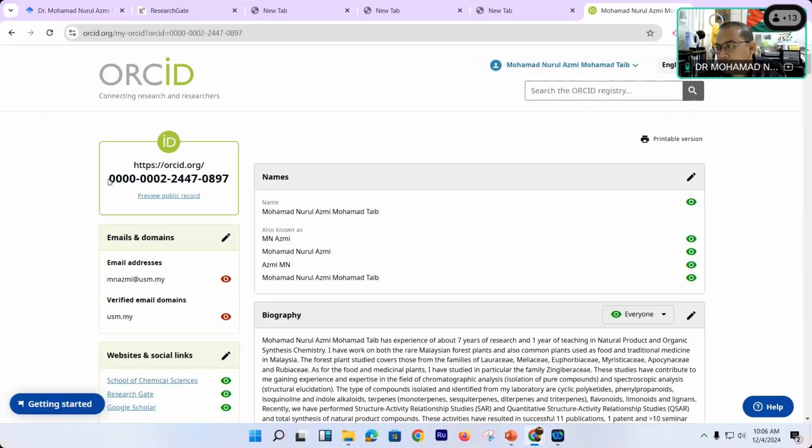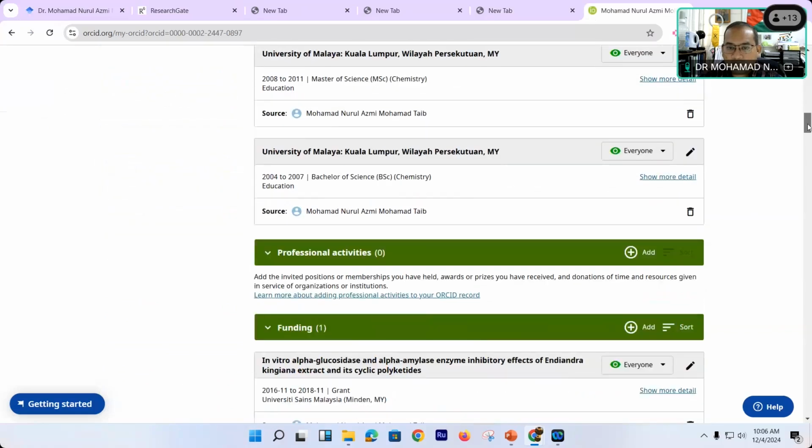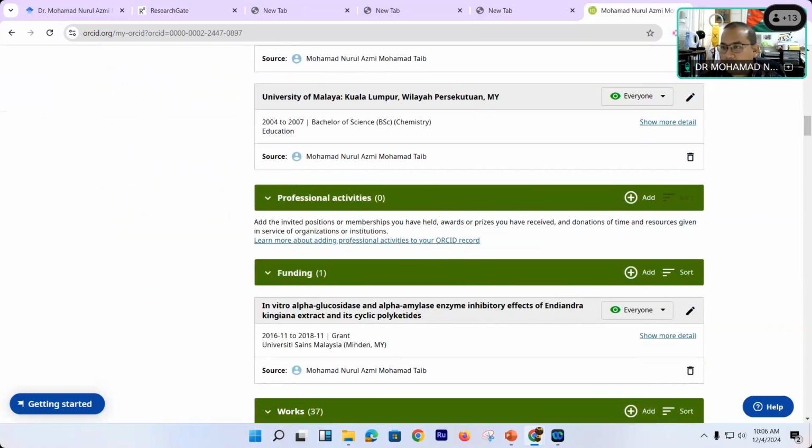Some publications need an ORCID ID because they will link us with all the information. Sometimes our publications carry a lot of name variants, and this is the variable they use to find our names. We also have our publications, our work history, and so on. Funding is sometimes captured too, and sometimes we have to add it manually.